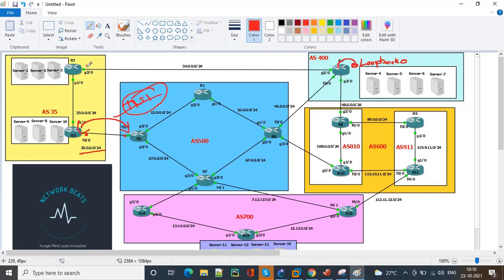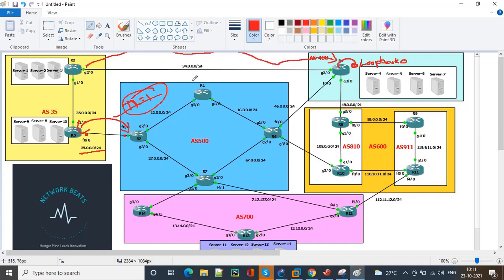Either I can say okay, now you can go for two hops and see whether your neighbor comes up, or you can just disable this particular check, where eBGP checks whether the neighbor is directly connected or not. You can disable that check so that it does not happen while forming the neighborship. We will see how to do that. These are the two possible solutions that we can use.